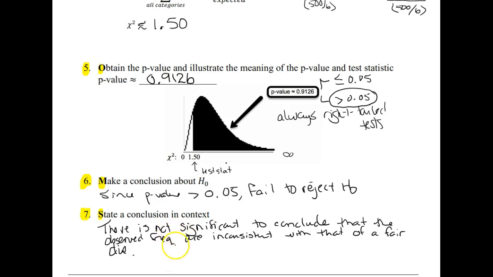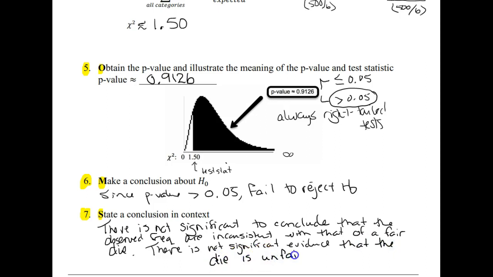Or if we take what we had written parenthetically after that, we could also just say there is not significant evidence that the die